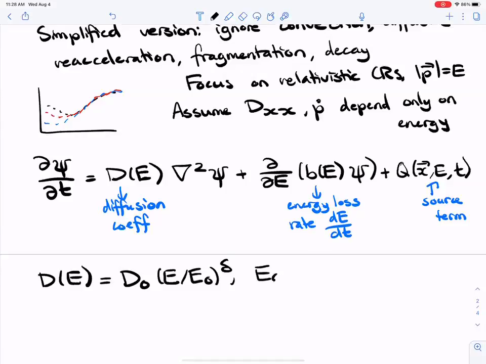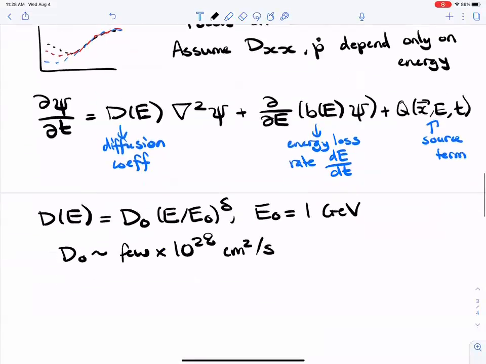I'm going to take my calibration energy to just be 1 GeV here. And to match the data, you turn out to need a D naught around a few times 10 to the 28 centimeters squared per second. Okay, so if we ask what is delta, the range of delta, you can read the review that I looked at earlier for some discussion of different models for delta,